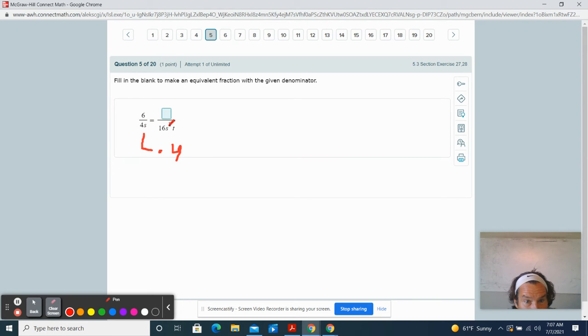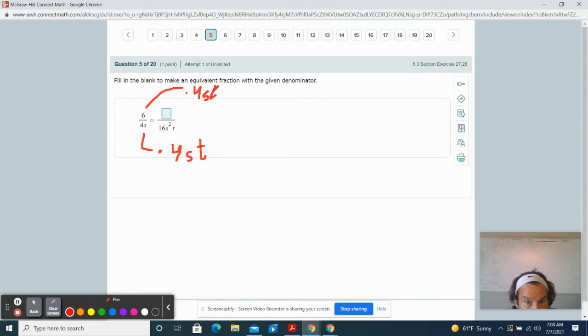What do we multiply s by to get s squared? We have to multiply by another s. And then we don't have any t's over here, but we have a t over here, so we have to multiply by a t. Let's double check that. 4s times 4st is 16s squared t. So if you multiply by 4st on the bottom, guess what we have to multiply on the top? In order to have an equivalent fraction, you have to multiply by the same thing on top and bottom, and that keeps the fraction equivalent. So we have to multiply by